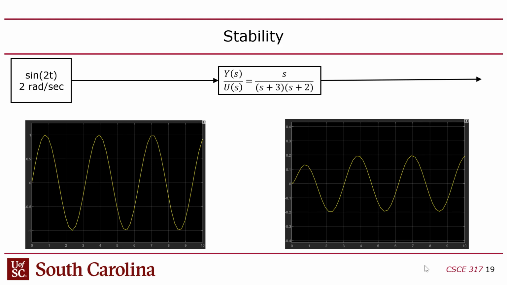And there's a sine wave. You can see that this thing's actually a filter now. This is a filter that is attenuating. So you give it 2 radians per second input,